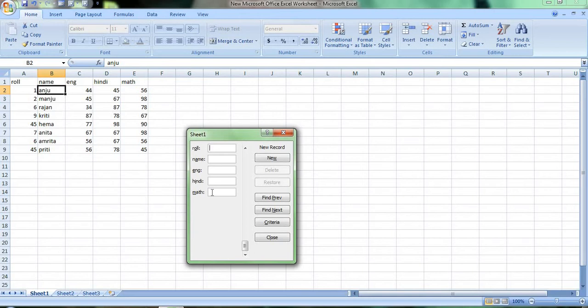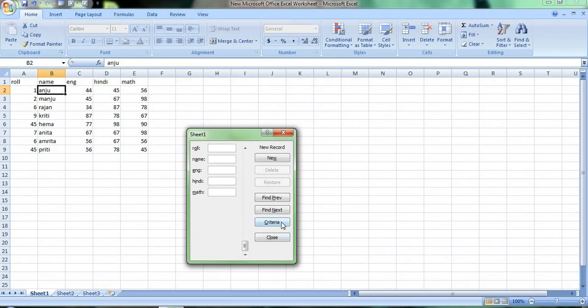Now if I have to search any kind of record, see, here I have given only 9 records. If I take the records of any school, records of 1000 to 2000 students, and I have to find one single student from that database, I can go to form. Here I can click criteria and enter a roll number, let's suppose 45, and press enter.